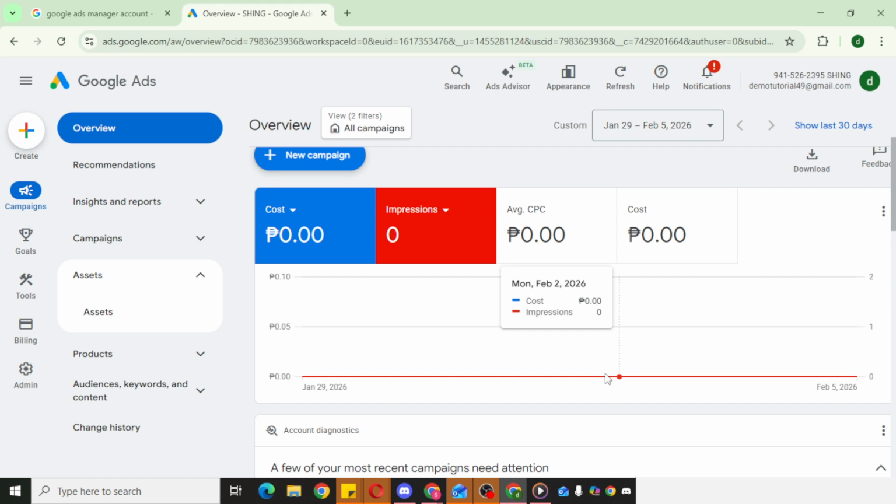A few tips to read this page confidently. Make sure you're looking at a meaningful date range so the numbers reflect enough activity to be reliable. Keep your focus on the campaigns that contain your call ads so your readings aren't mixed with other campaign types. And remember that attribution and call reporting can affect how conversions appear, so give the data time to settle before drawing conclusions. That's it. Open your account, click Campaigns, go to Overview, and use the metric control to select Cost